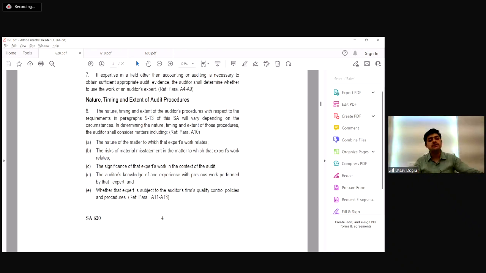So the nature of the matter to which that expert's work is related, this is one thing. As we had been talking, again, in the examples I have already given you, the risk of material misstatement in the matter to which the expert's work relates. If we do not use the work of the expert, what would be the risk of material misstatement that would impact the auditor's opinion? The significance of that expert's work in context of the audit. It should be understood that the auditor's expert should not be engaged for immaterial